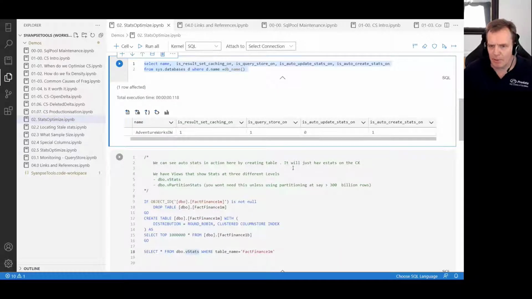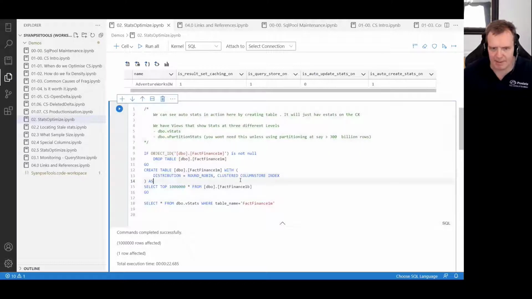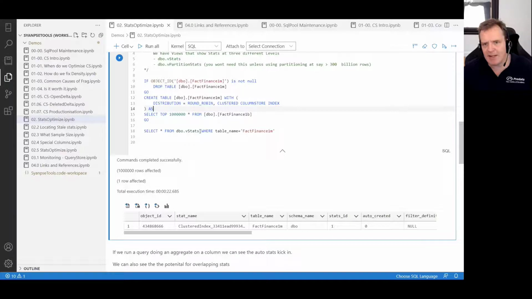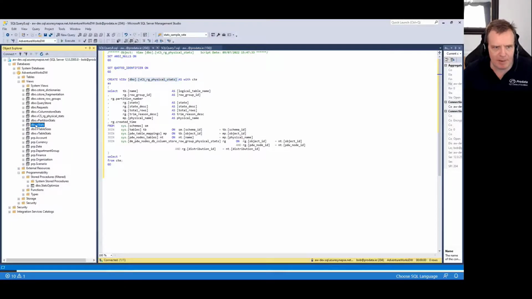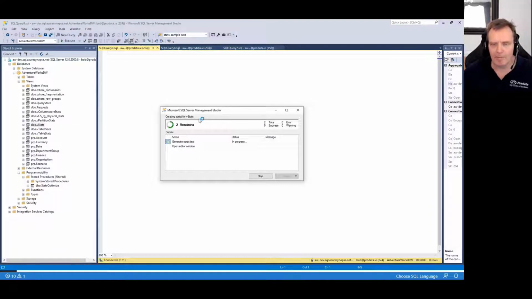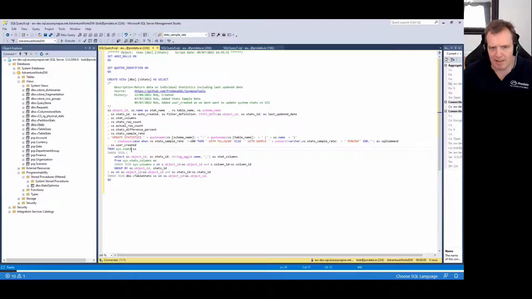So let's see the auto stats in action. If I create a table that has, oh my God, is that 10 million or 100 million? My eyesight can't. Oh, it's only 1 million actually, right? So when I create a table, I've created a view called VStats. Now, this is something that I've created, but if you download the GitHub library, you can rip off my work, more than happily. And this is just really querying an internal object called sys.stats, where it is 1 row